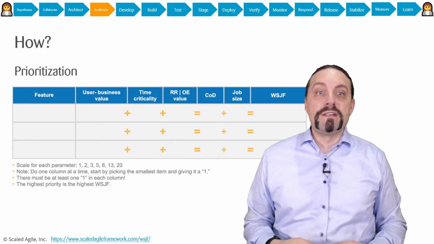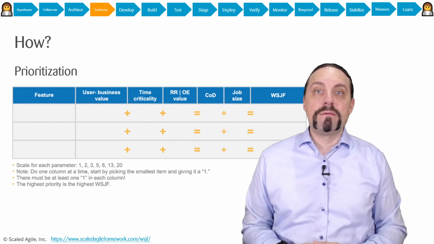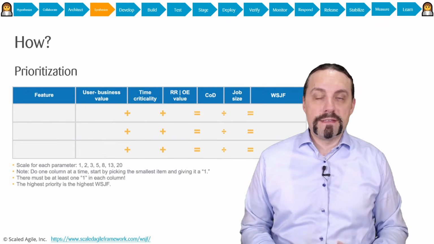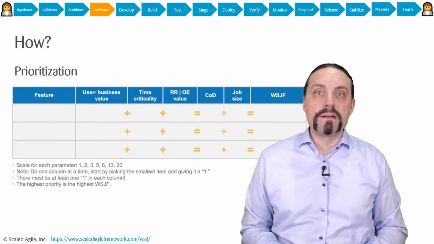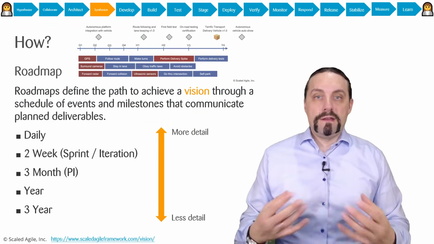The feature with the highest WSJF number has the highest priority. This is how we do economic prioritization. Now